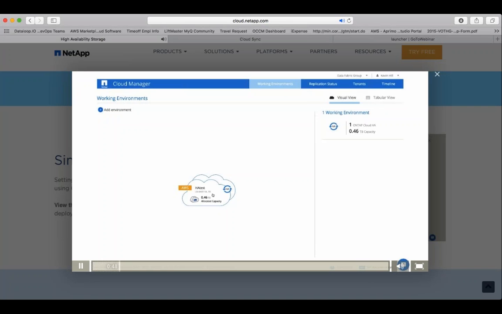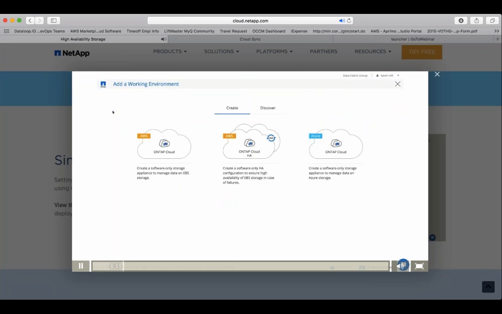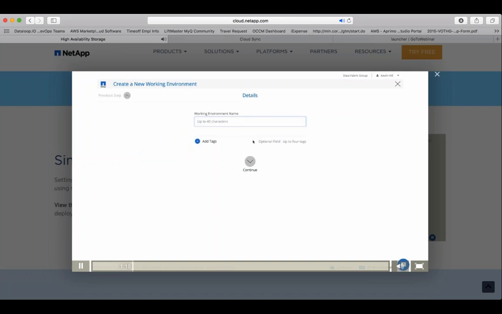Let's go through and create a new OnTap Cloud HA system. To do so, click on Add Environment. Here we can see a few different things. We see our regular OnTap Cloud systems, the ones that we are familiar with if you've already launched one before. We also see create an OnTap Cloud HA system. So click on that and then provide it a name. I had HA test. Let's do HA demo. And as before, we can add in custom tags